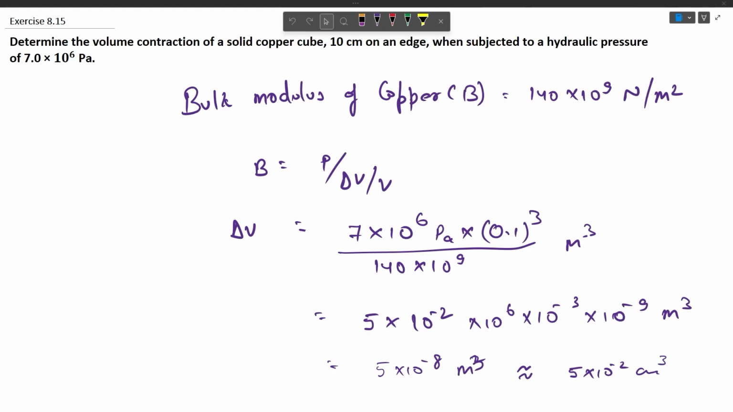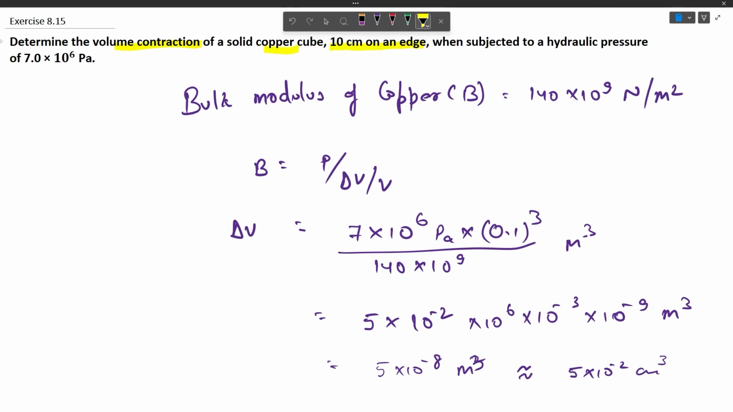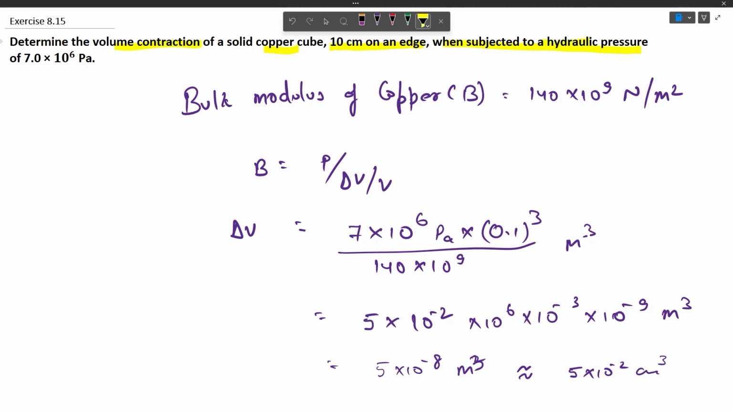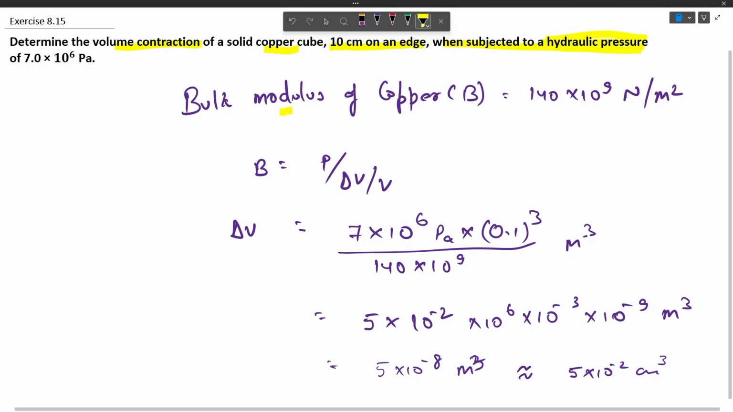The question says to determine the volume contraction of a solid copper cube of 10 centimeter edge when subjected to a hydraulic pressure of 7 into 10 to the power 6 Pascal. So here we are talking about the hydraulic pressure being applied on the copper cube, so we will talk about the bulk modulus of copper. As per the data, the bulk modulus of copper is 140 into 10 to the power 9 Newton